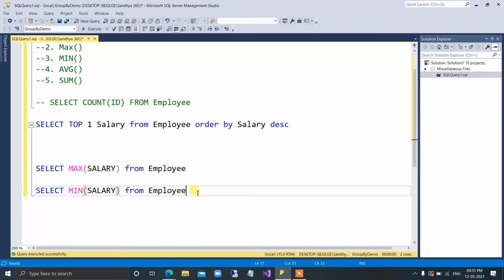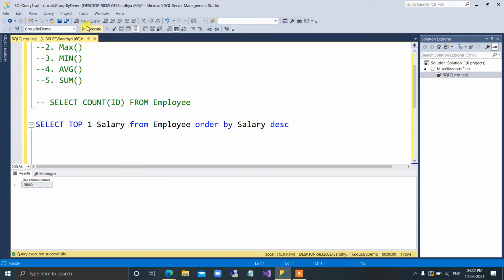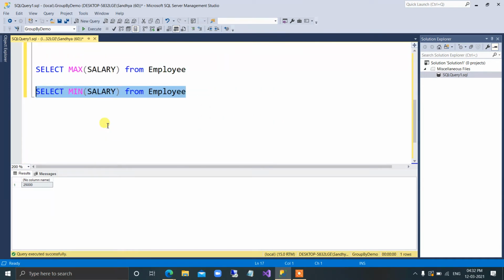I can take minimum salary and I can execute this so that you will get the minimum salary. Or you can write a big query like this, and you will say order by salary ascending and select the top one salary, you will get the minimum salary. You can use any one of these. Okay.